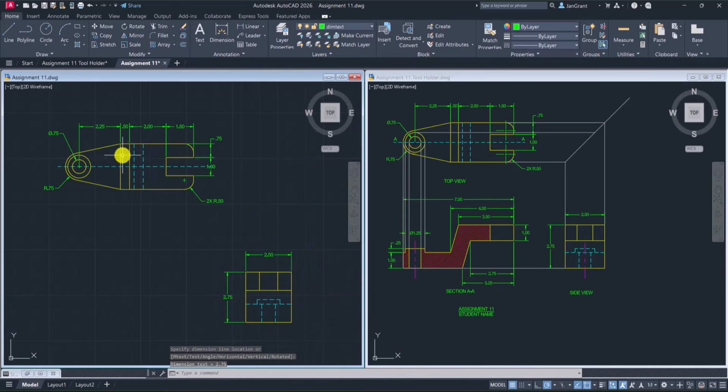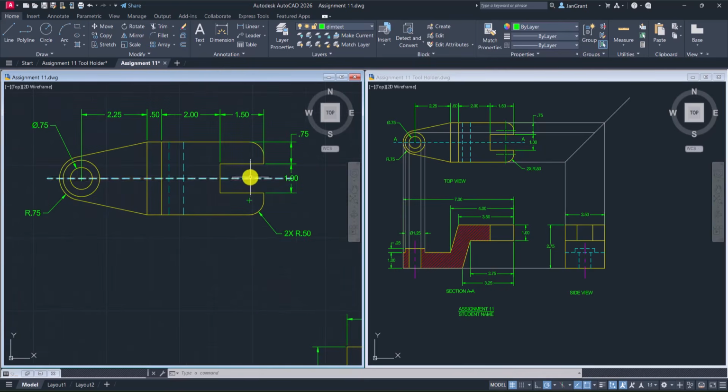Now the other thing we can do is we can start to put text. We have a little A here and here to show the section AA. So this line went a little bit too far, so I'm going to bring that back. And now